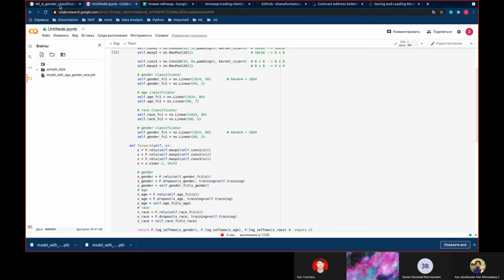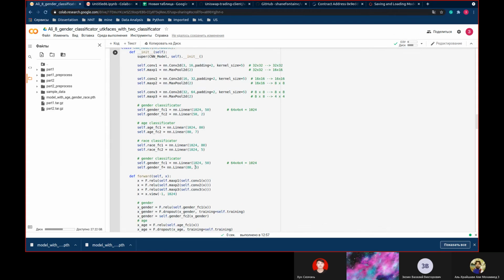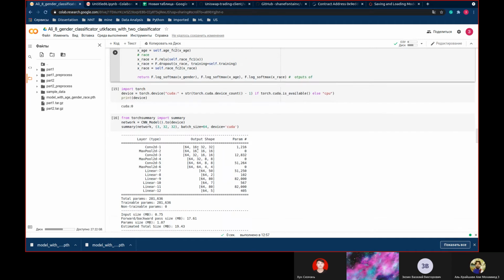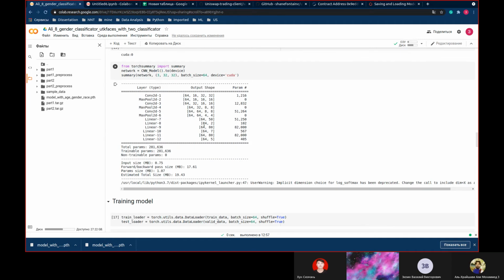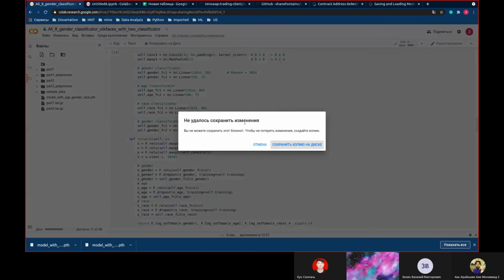I guess that I made a mistake here and something is wrong. Okay, FC2 linear 50, and here should be 50, yeah? Race here should be, okay, 50, 80, 80. This is okay, yes, something like this.